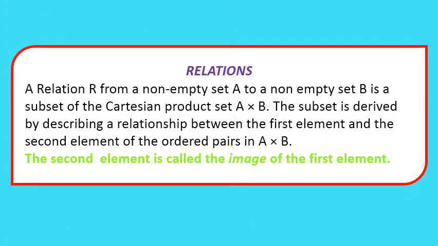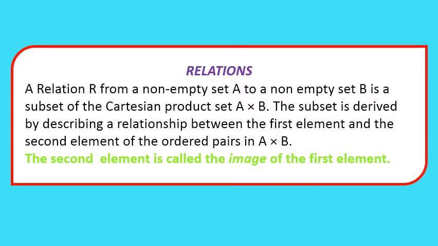So relations, what is a relation? Mathematical relation, not a general relation. So a relation, generally denoted by capital R, from a non-empty set A to a non-empty set B is a subset of the Cartesian product of the set A cross B. We have learned what is the Cartesian product of two sets A and B. So it is also a set, and if we have a subset of that Cartesian product, that is called a relation from the set A to the set B.